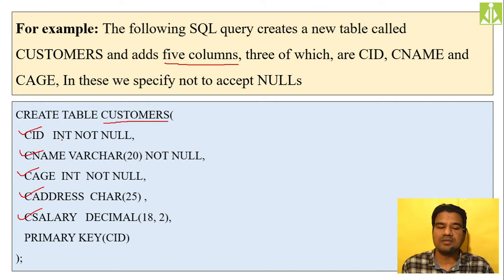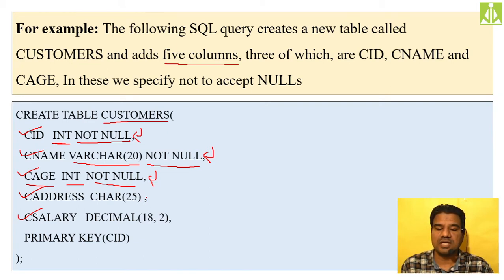The first column data type is int, integer, means a numerical value. And I don't want that CID to be null, so I am making it as not null. Then CNAME, it is a varchar, variable character, and it should be not null. So the second field also I am making as not null. That means when you are inserting a particular record into the table, you need to give the values for CID as well as CNAME. And one more, CAGE also I am making as not null, and it is an integer value. So this CAGE also I don't want to be null. I need to give the age of the customer also when I am creating the record.